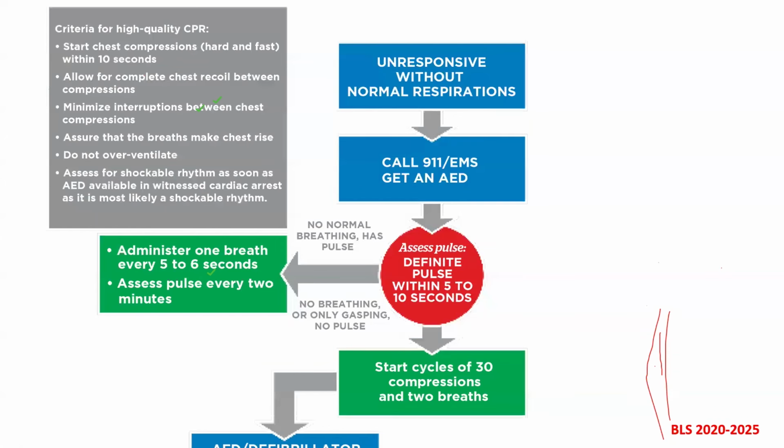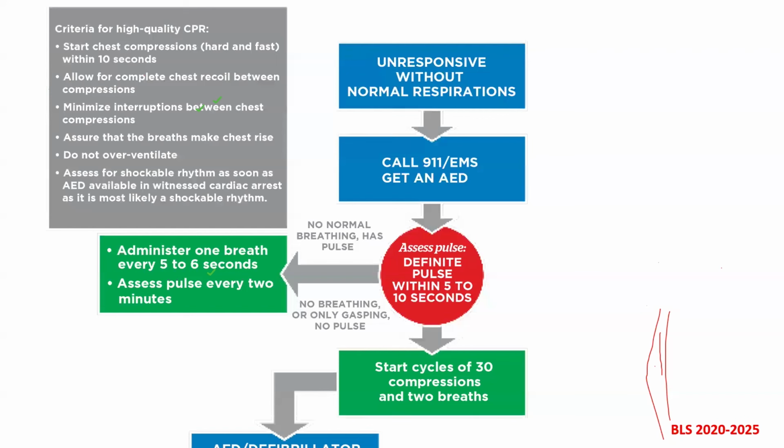So criteria for high quality CPR: start chest compressions hard and fast within 10 seconds. Allow for complete chest recoil between compressions. Minimize interruptions between chest compressions. Assure that the breaths make the chest rise. Do not overventilate. That's the reason for 30 and 2. And assess for shockable rhythm as soon as an AED is available in witnessed cardiac arrest, as it is most likely a